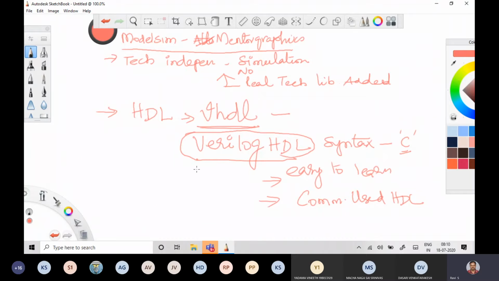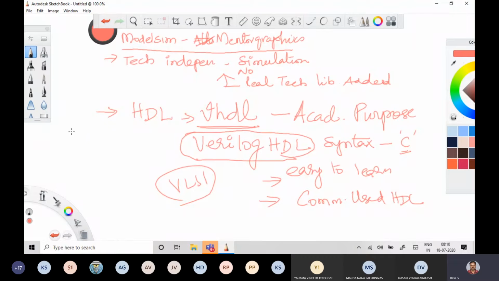Almost all VLSI companies use this kind of software for simulation purposes. ModelSim is for academic purposes.